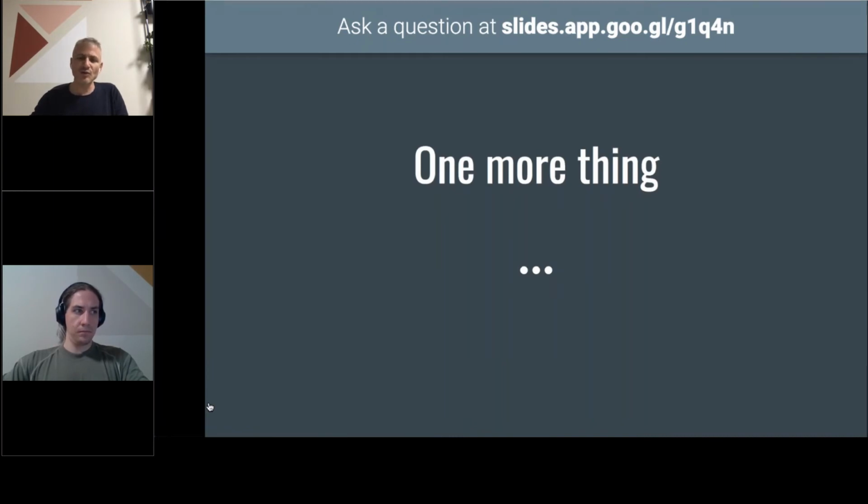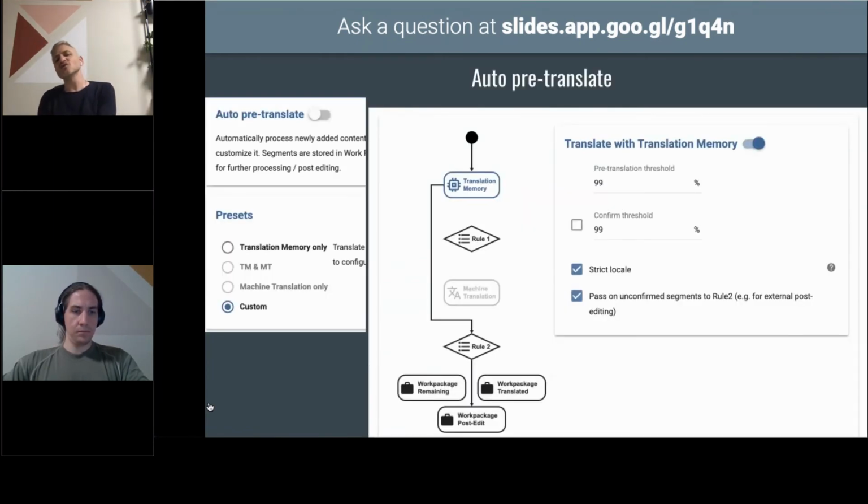And one last thing that can be very, very useful here when we are talking about new content and how to handle it, and that's the magic tool of the auto pre-translate, or APT as we tend to call it. And the whole idea is to be able to offer the client continuous translation delivery, or absolutely hands-off configuration. So after the initial translation and crawl and configuration and publishing and everything, this way we can configure Easyling so that whenever a new